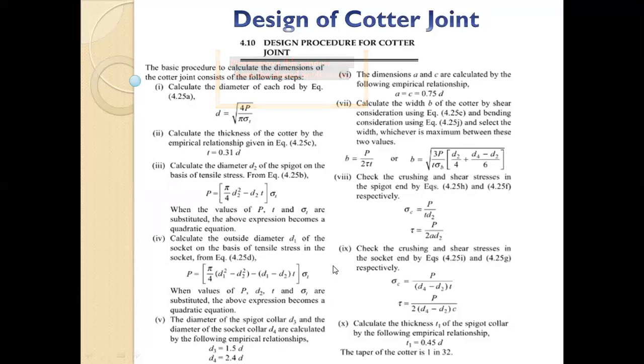If the material is the same, we will calculate it only once. Okay, the first step, again I will repeat. At the very start of the design, the very first step is to find the allowable stresses. You will be given a material. Material for the socket is this, material for the quarter is this, and for that SYT is this.